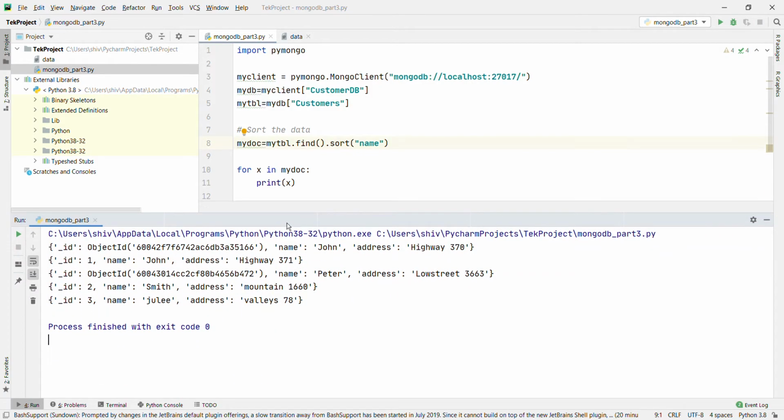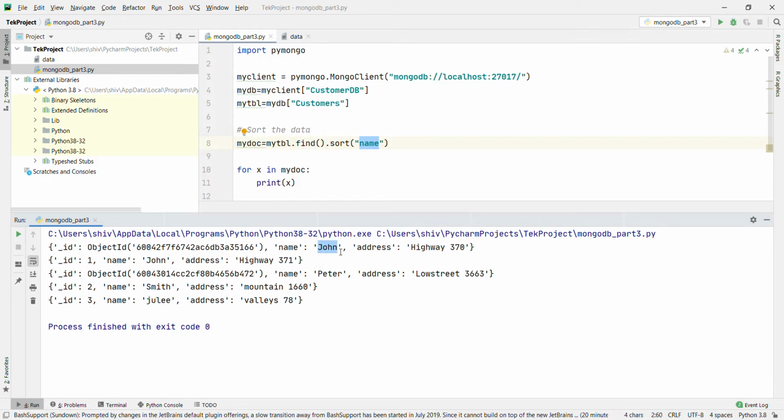Now we are sorting the data based on name. You see J is coming first, then P, then S, and after that small j. The reason why small j is coming last is the ASCII value.